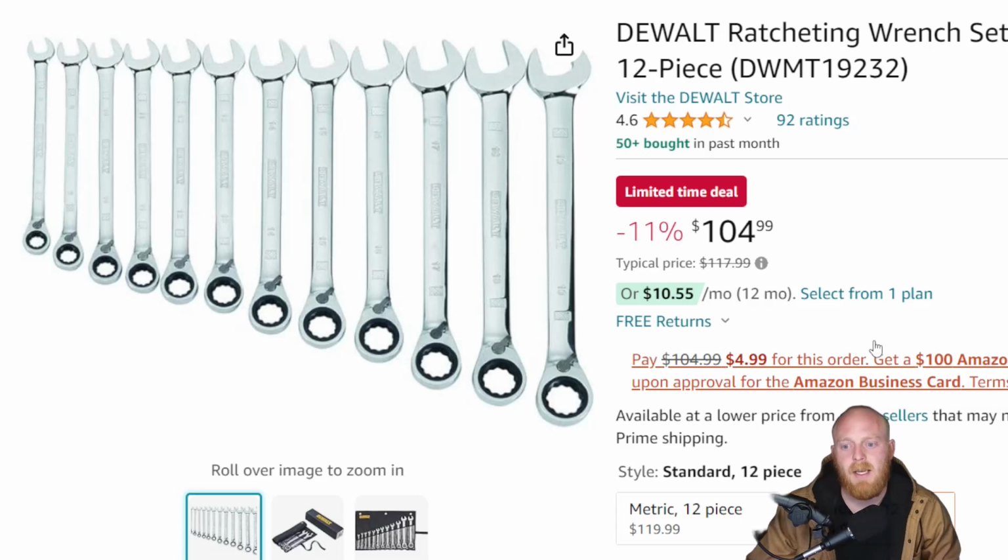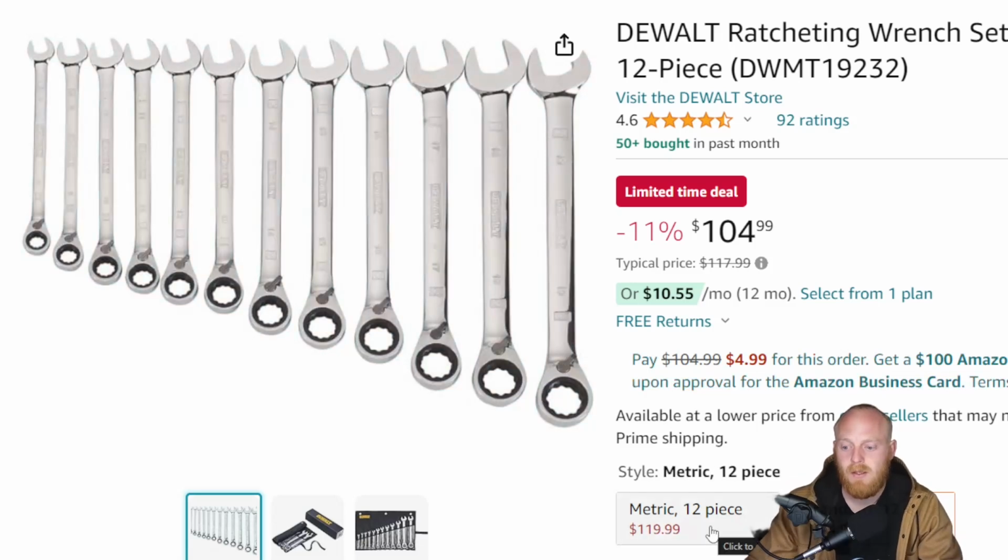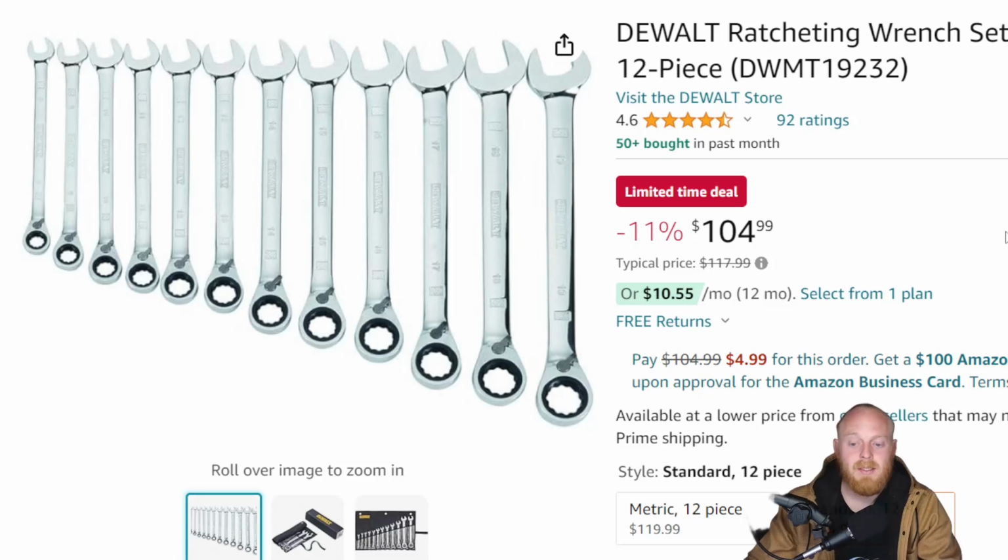Next up is a set from Dewalt. This is their Ratcheting Wrench Set. This is the SAE. They do have metric as well. The metric is at 120. These have actually went up quite a bit in price over the last few years. I bought these sets maybe a little over 6 years ago,